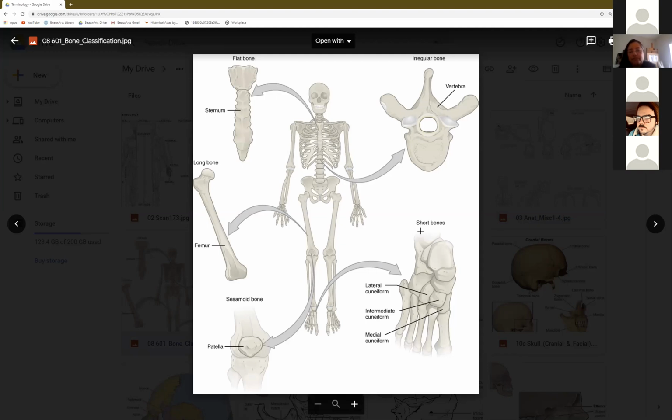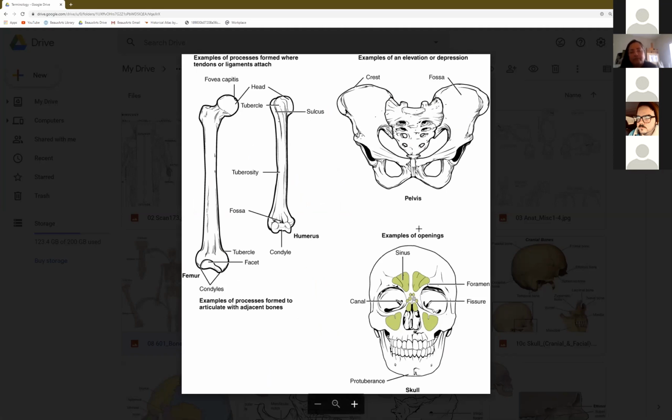So you have in the body, well, in the appendicular skeleton, you have long bones and short bones. And that's kind of self-evident. We'll get into the axial skeleton later. So you also have this issue of mountains and valleys on the body. So when you have convexities, which would be mountains, or little nodules, sometimes they're called tubercles or tuberosities. And the largest would be called condyles. And when you have concavities or holes or divots, those are fossa,